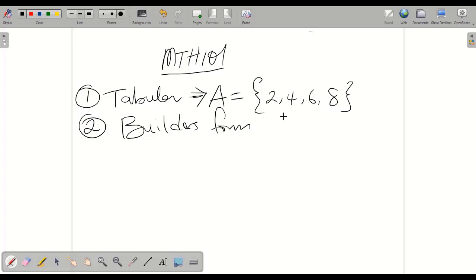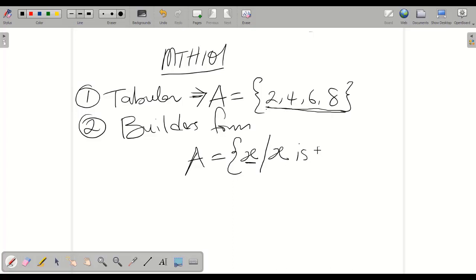Now when we're talking about the builder's form, there you will introduce a variable. A variable will take the place of these elements, like summarizing it, right? Now, if you want to write this again in the builder's form, you say A is equal to, you open your bracket, X. Now X is the variable such that